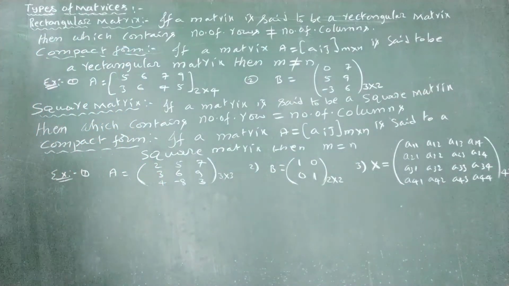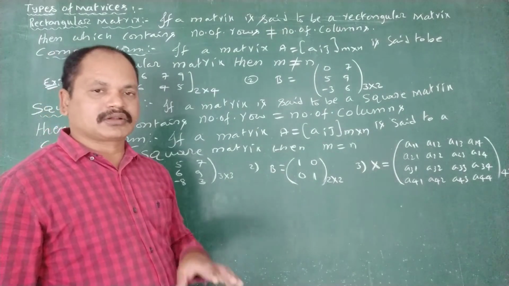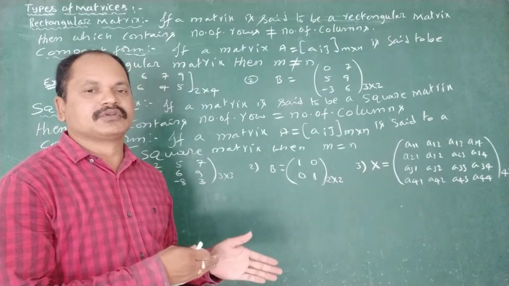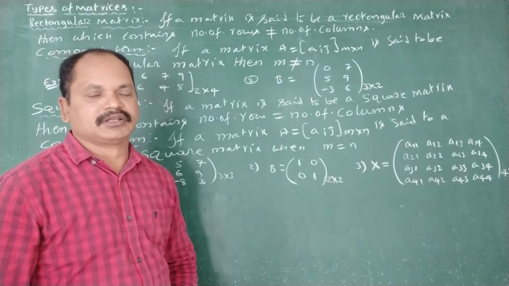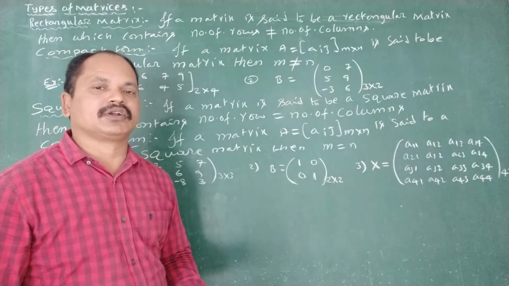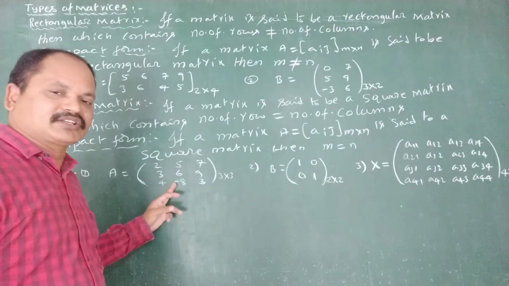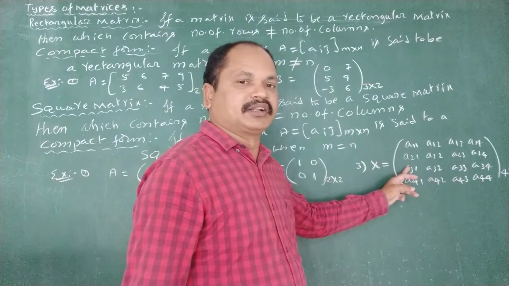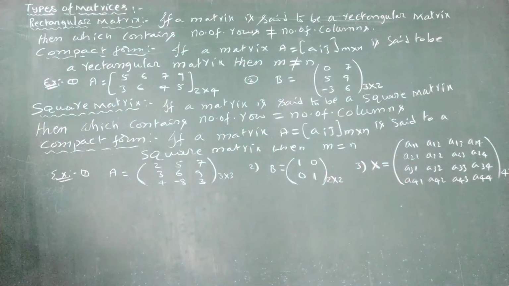Okay. That's why the order of a square matrix is nothing but the number of rows or number of columns. Since number of rows is equal to number of columns, suppose a matrix of order n by n, then simply it is called square matrix of order n. That's all. This is the square matrix of order 3. This is the square matrix of order 2. This is the square matrix of order 4. That's all. Now we are going to one more